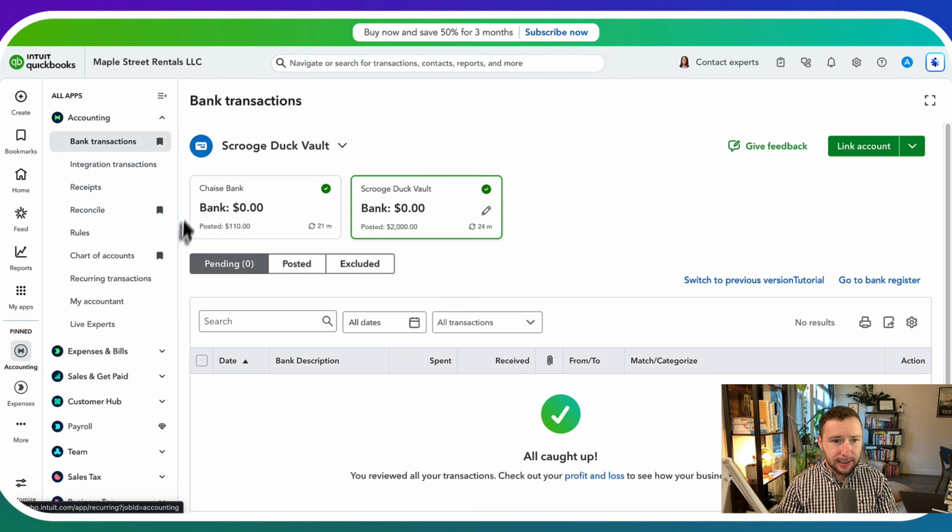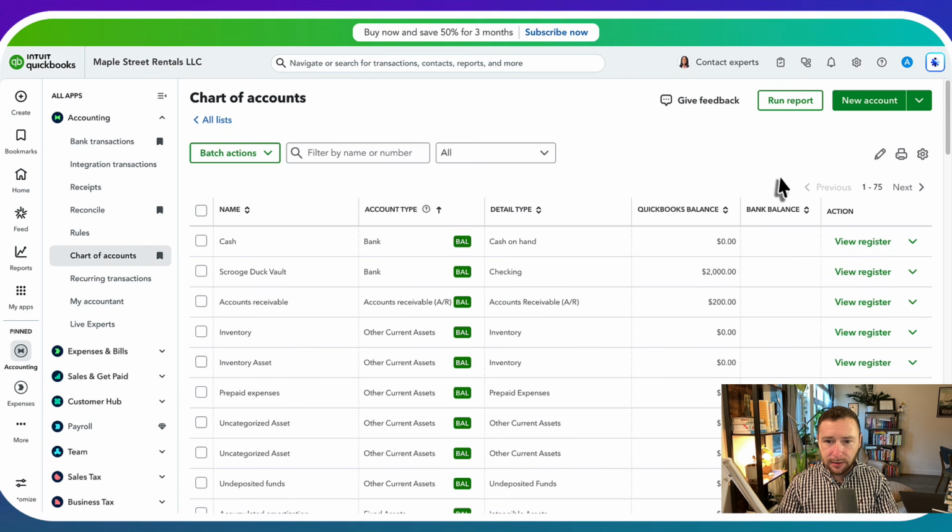So the best way to get into what's going on in the bank end of your accounts is to go to chart of accounts, and you'll want to go into view register. Now, part of the reason the bank possibly says 0 is that it's not automatically connected, so QuickBooks has no idea how much money is actually in the bank. If your banks were connected automatically, they were linked, then the bank balance could show up. First, I do want to show you, if you're ever wondering what actually is going on in the bank end of things,